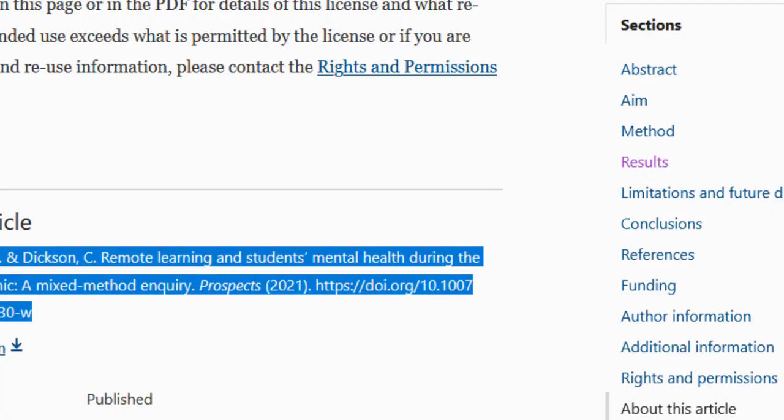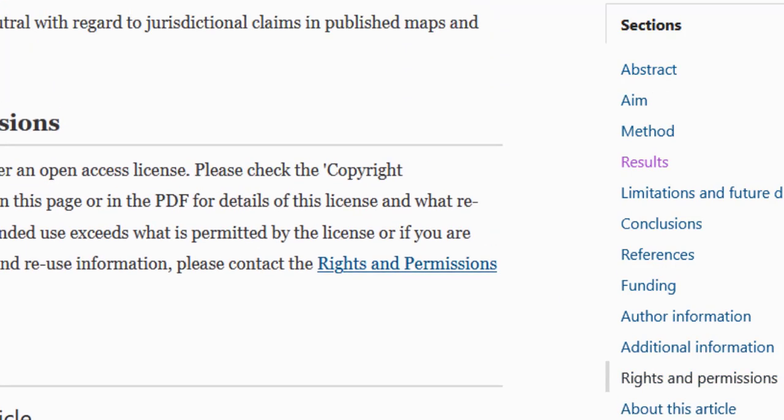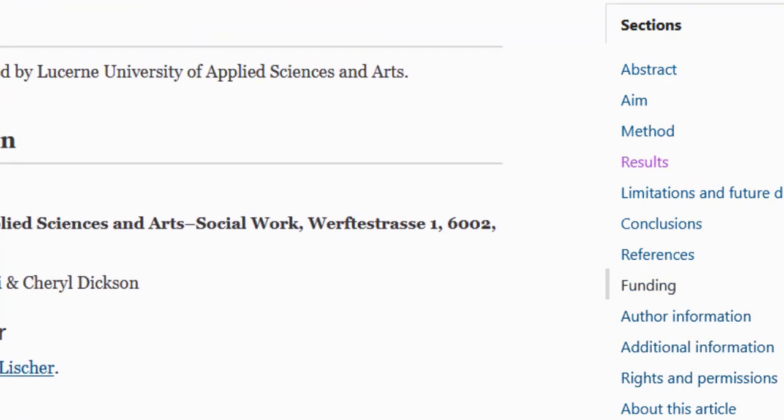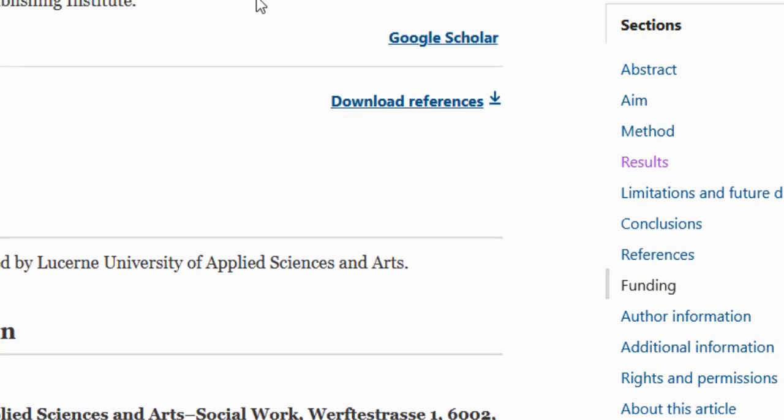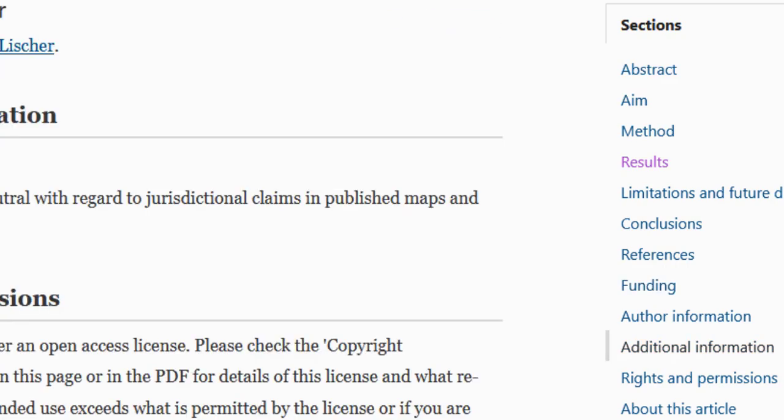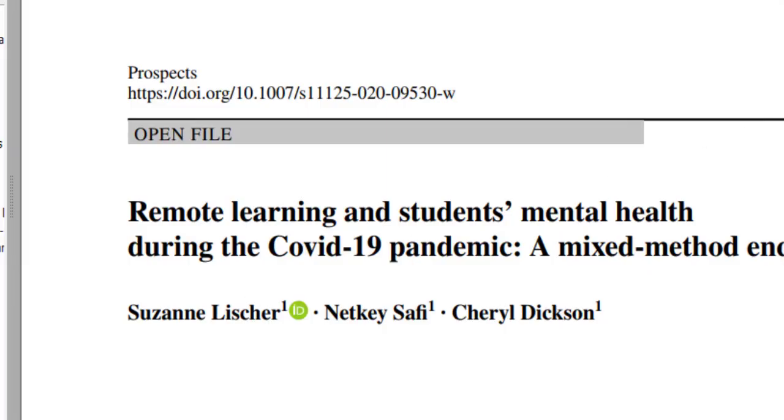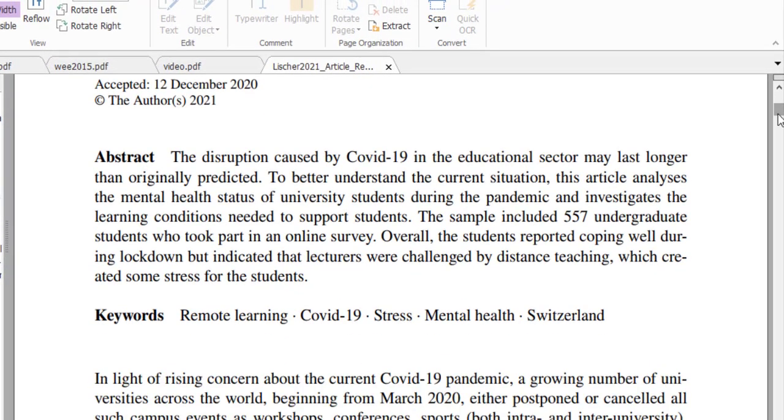Okay, going back to the results, which is a section that is much needed. So let's see what these authors found. I already downloaded the paper. The sample included 557 undergraduate students who took part in the online survey.